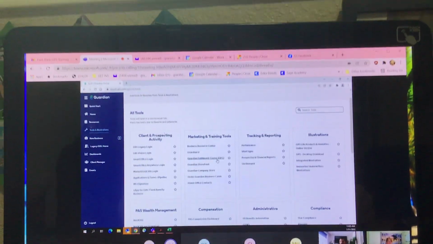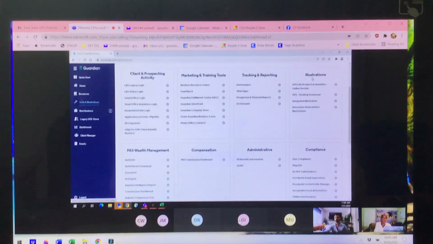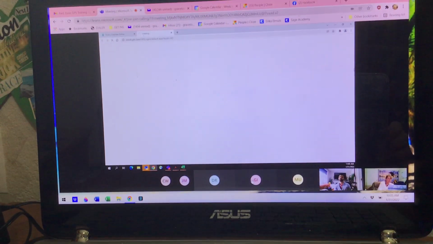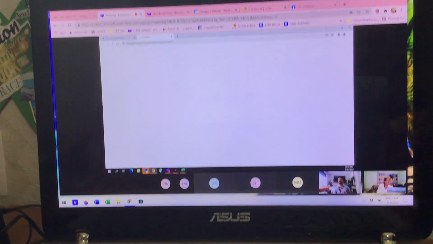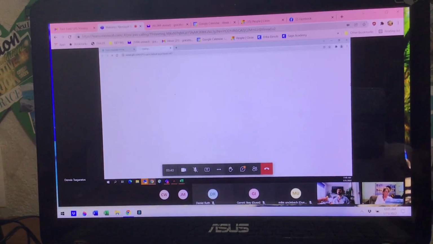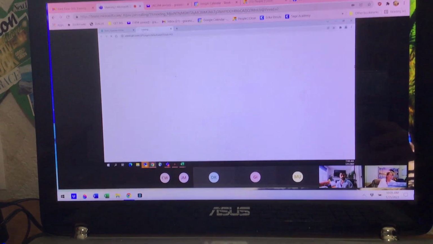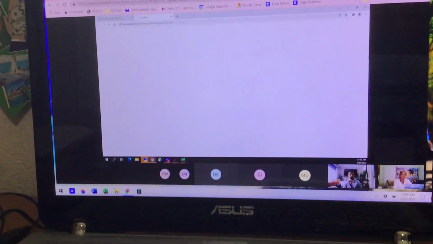What you have here might be a little bit different, but what you will see is one box with illustrations. And if you just click on GPS Life Product and Annuities online version, I always like to use the online version, and there are a few reasons for that. We can save cases in the cloud, so in the event that I have an issue with my computer, I'll be able to still work and access cases that I've worked on. So what we'll see is it opens up in a new window eventually,